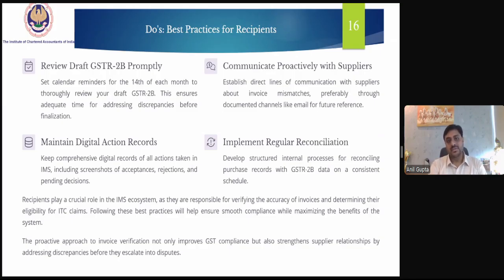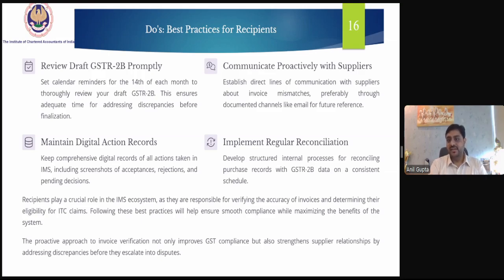What are the do's and the best practices for the recipients? Review draft GSTR promptly. They can set calendar reminders for the 14th of each month to thoroughly review GSTR 3B. This will ensure adequate time for addressing the discrepancies before finalization.